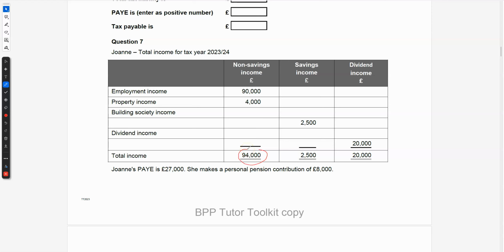So start with this one, 94,000 non-saving, then saving 2,500, and then finally dividend. Okay, so let's see if we have any personal allowance. So the total income, we have 94 plus 2,500 plus 20,000, and that will tell us how much personal allowance I can get. So my net income here is 94,000 plus 2,500 plus 20,000. That gives me